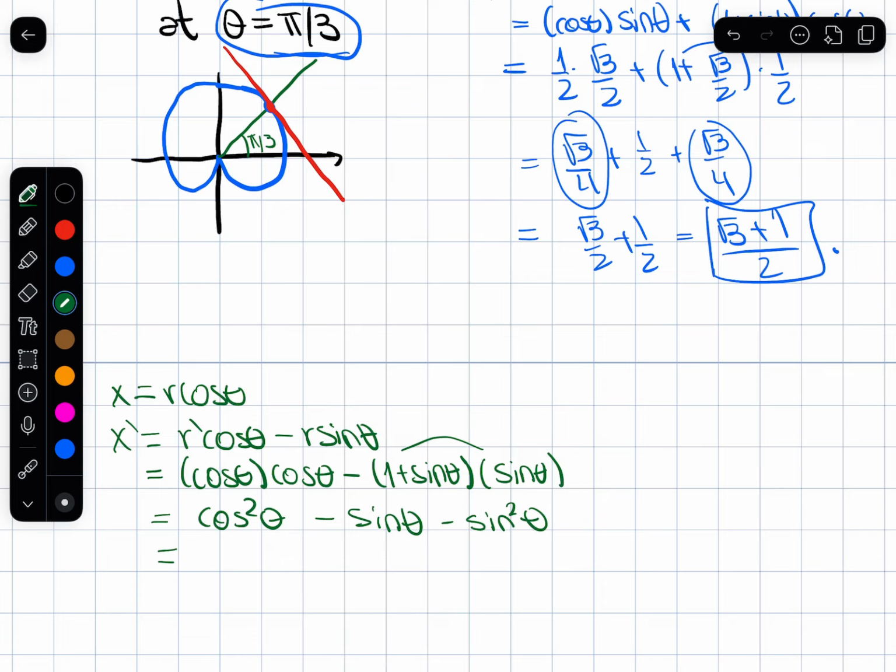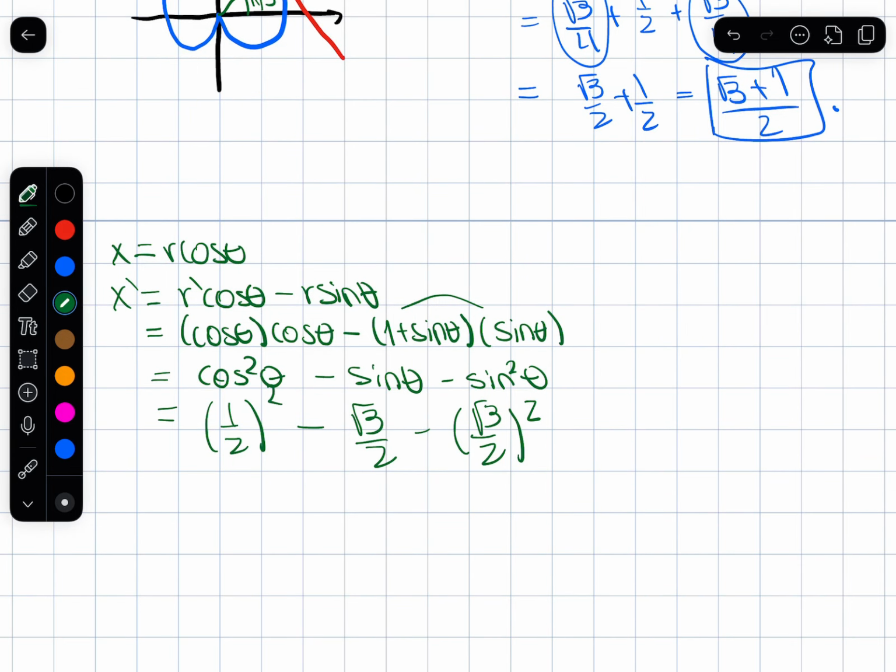So now, since you know going back that theta is pi over 3 on the top there, you can just plug that in again. Pi over 3 is 60 degrees. The cosine of pi over 3 is going to be 1/2. And then the root 3 over 2 minus root 3 over 2 squared. So that for us will be 1/4 minus root 3 over 2